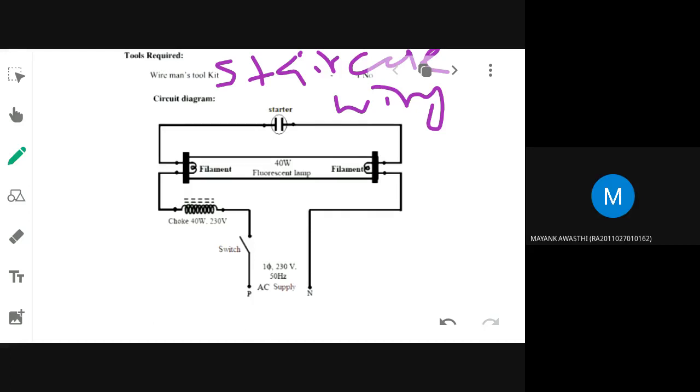So will you do it if I open an assignment to give connection for a tube light, and you have to make it as a video and post it, a 10-minute video, a 5-minute video? Will you do? Ma'am, we don't have a tube light at home. You can go to a shop and buy these things, no? Choke, capacitor. You will do it or you don't want to do? Ma'am, I think I can do it.